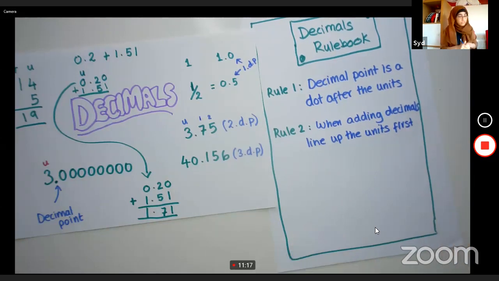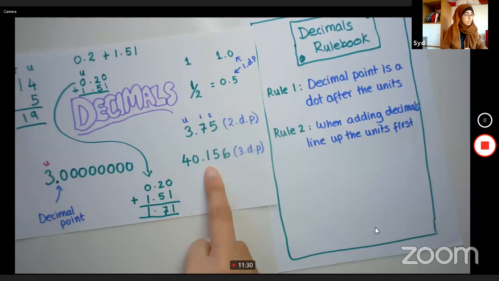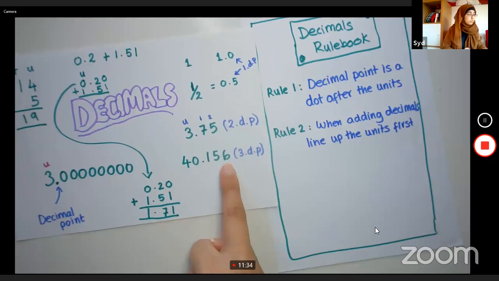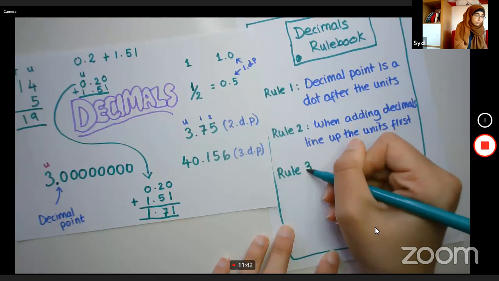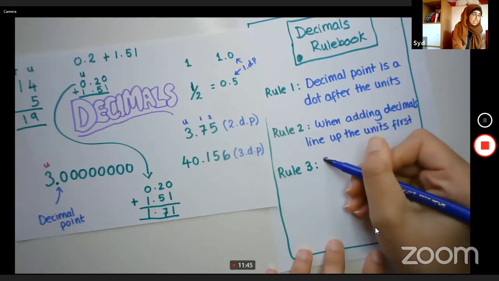Okay, rule number 3, what else did we do? When we say a number after the decimal point, we always say it as single digits. So for example, we say 1.71. We don't call this 71. This here is 40.156. We don't call it 40.156. That's not what we say, okay? So rule number 3. We say